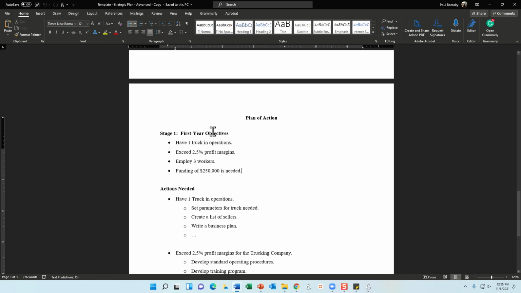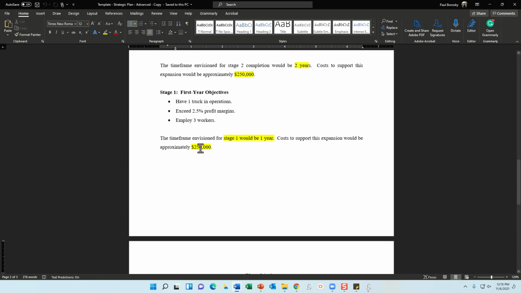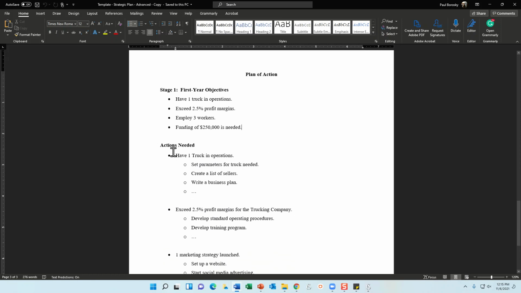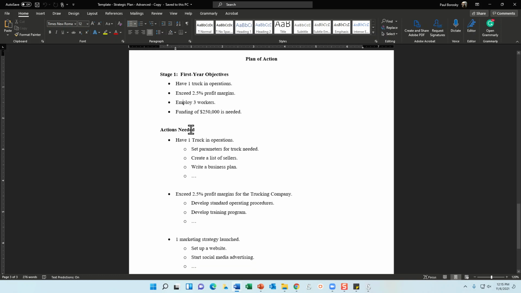So for stage 1, like I said, I've copied this information here, and I've also identified the dollar amount for funding right here, and I've pulled that down as a bullet point. So now what we need to do is take each one of these objectives here in stage 1. We need to break these out into actions. What actions do we need to take? So for have 1 truck in operations, we'll take that and we'll pull it down here. And then we're going to identify steps that we need to do right now in order to achieve this